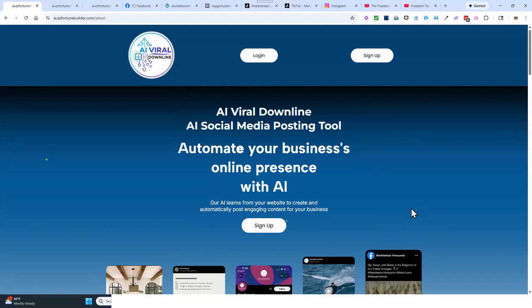When I log out of my main account and click the sign out button, am I able to use one of the emails that I'm already using, or is that too much of a duplication? Would I have to create another email separate from any other account I have with AI Viral?